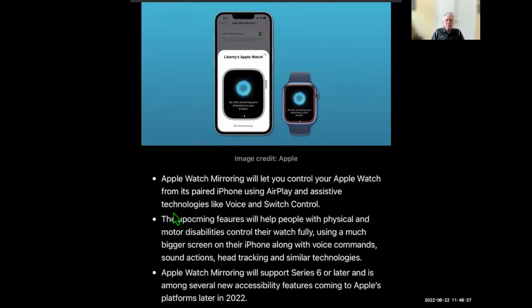Okay, then moving on, they have a mirroring function that is a real welcome feature, where you'll be able to mirror your watch on the phone, and you'll be able to control your watch actions from the phone. This is actually dubbed more as an accessibility feature than a mirroring feature. I mean, it is mirroring, but when you get down here and look at this,